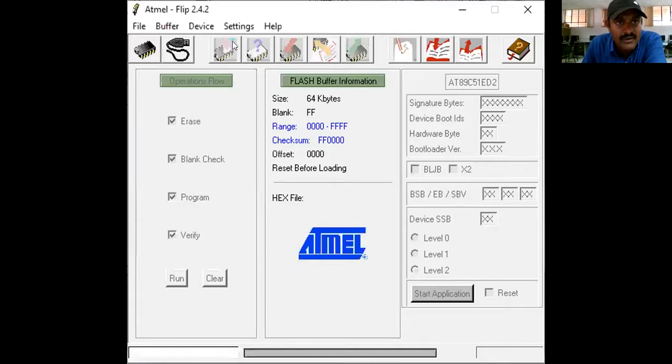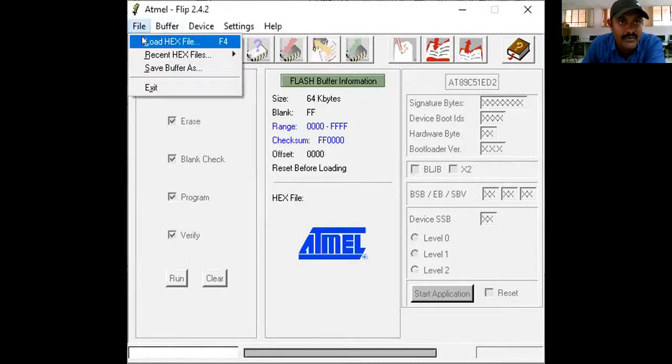Okay, you can see this screen. This is Atmel Flip 2.2 version software. Using this software, the X file that we created, which is present in your folder, we need to transfer to where? Target board. Okay. So what actually here? You have to select the device. Yes, device. I think we know what device we are going to use. 89C5182S.